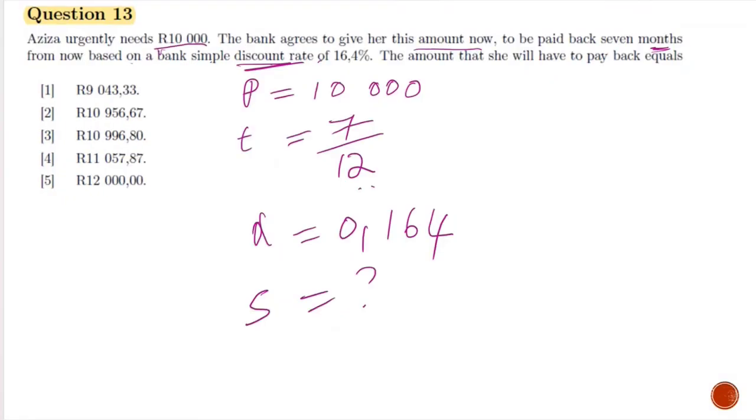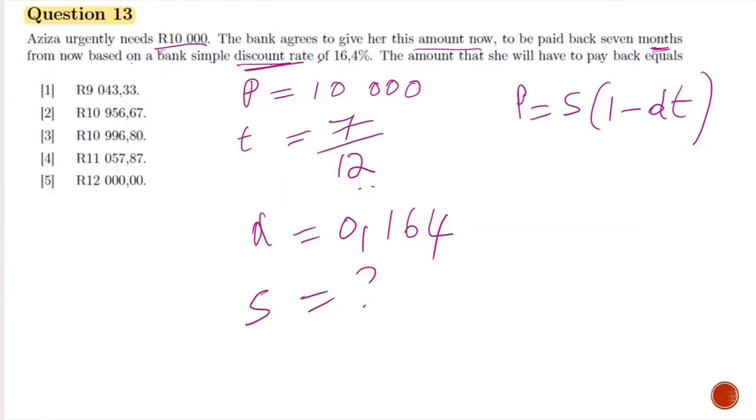So the formula for a simple discount is P is equal to S into 1 minus dT. So this will be the formula that you are going to apply to get your S. What is important is to decontextualize what you are given, write everything down, what the formula is that is required, and then